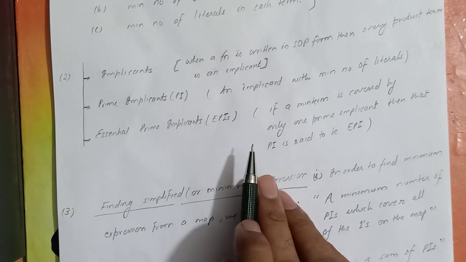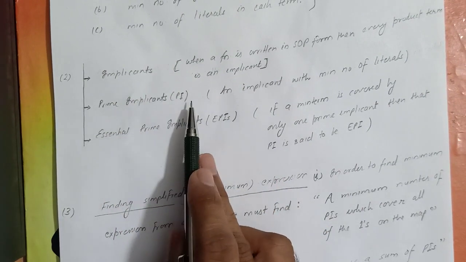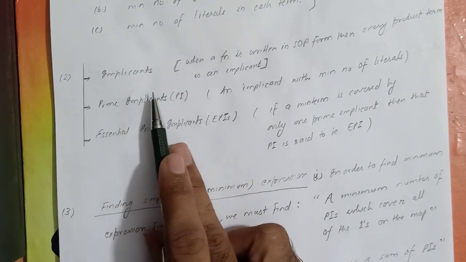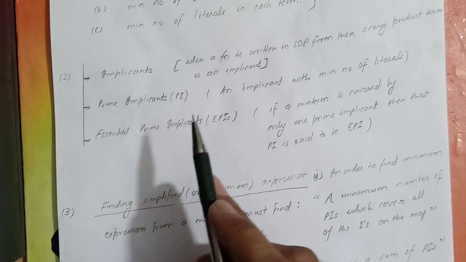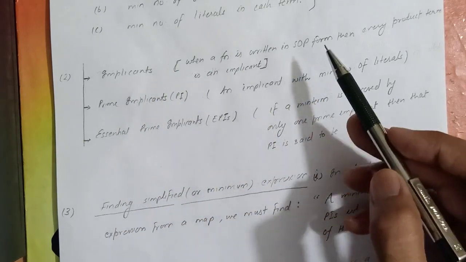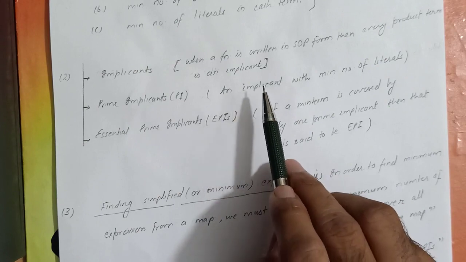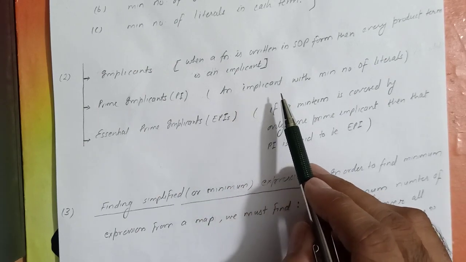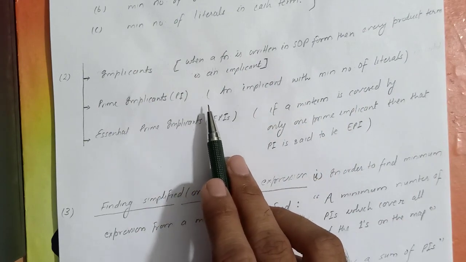Okay, so basically we are using these three conditions initially, but after that we have introduced a few important concepts, and we have defined three terms. One is implicant, and then prime implicant, and then essential prime implicant. I have already discussed these three terms in detail, but for revision, what is an implicant? When a function is written in SOP form, then every product term is called an implicant. Also, an implicant with the minimum number of literals is called a prime implicant.